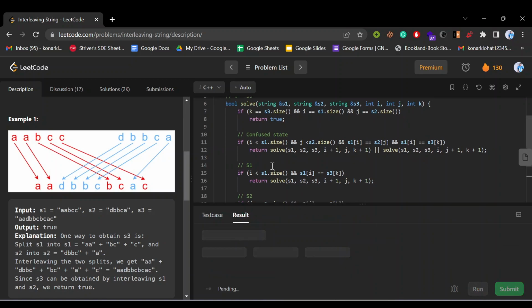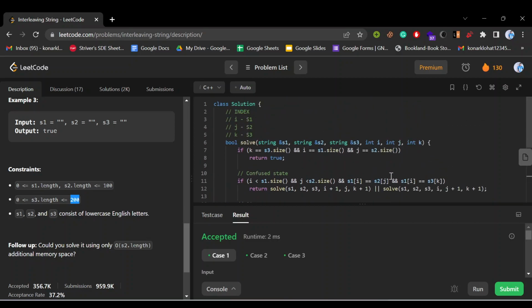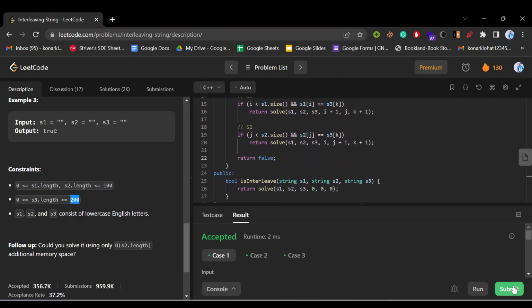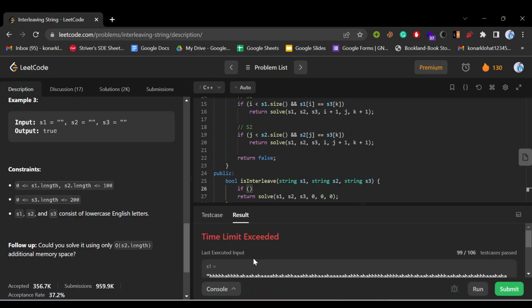So obviously this will not work, because the length is 200, right? And the time complexity could be 2 raised to the power 200, which means it will not work. That's fine. Okay, we need another base case. I think that will give you a wrong answer. Well, there is no wrong answer, but